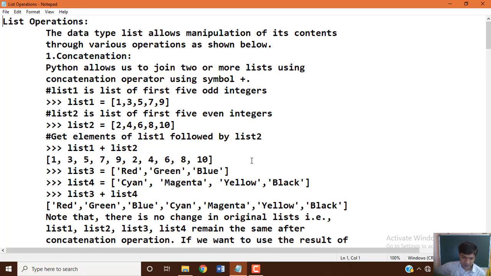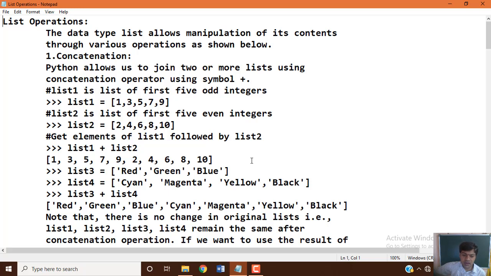And then indexing. We saw indexing last class. When you create a list, the data items assigned in the list always have their own index value, starting from 0 and so on. This we call positive index, from left to right.